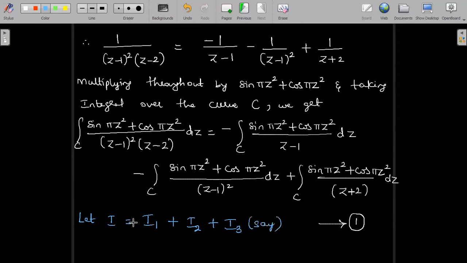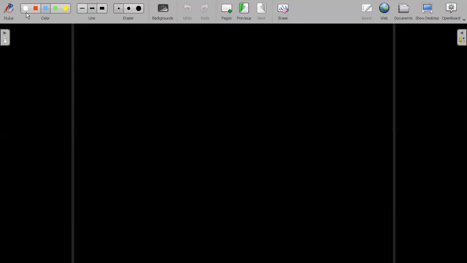We are assuming in this way. The left hand integral is the given integral I, and the right hand integrals I am assuming respectively as I1, I2 and I3. Remember, I have taken I1 along with the negative of the integral, I2 along with the negative of the integral, and I3 as the positive of the integral. Now, we will proceed to solve I1, I2, I3 one by one and come back to equation 1 to substitute.